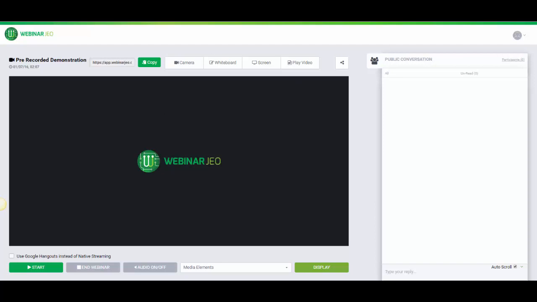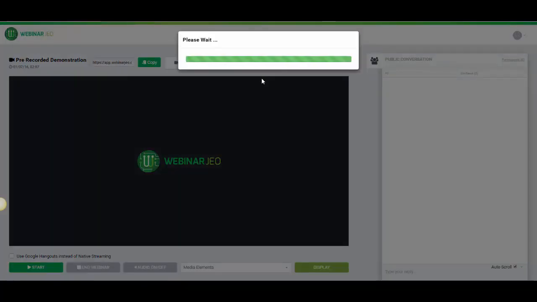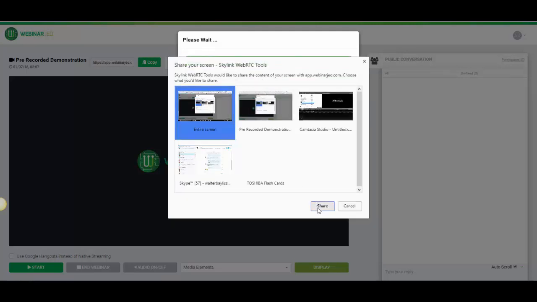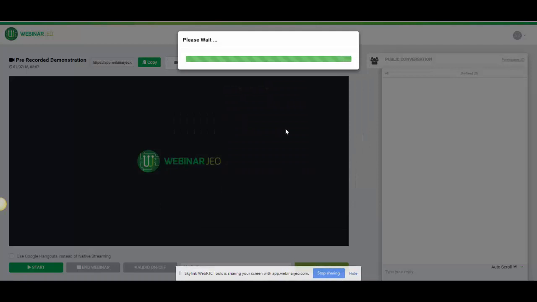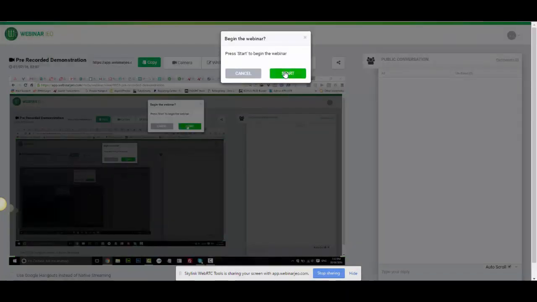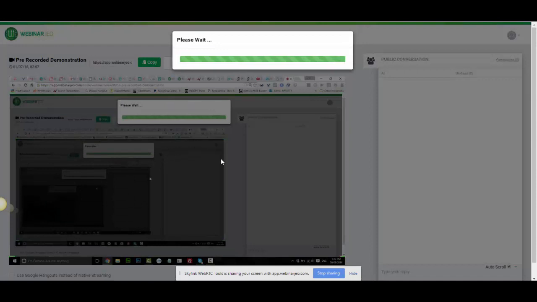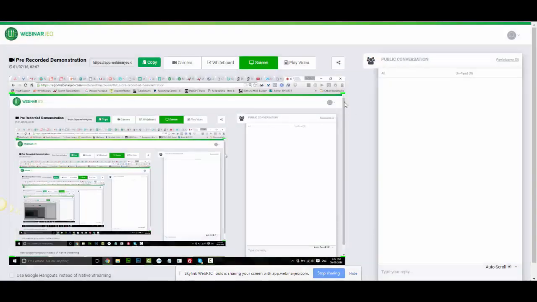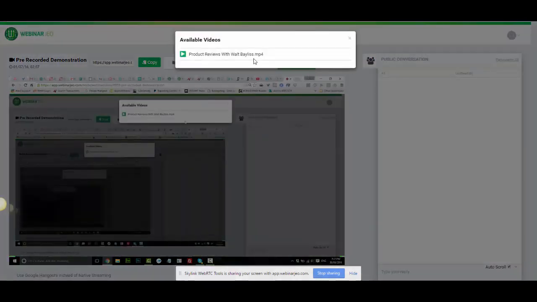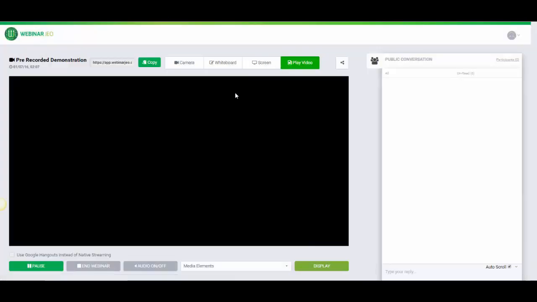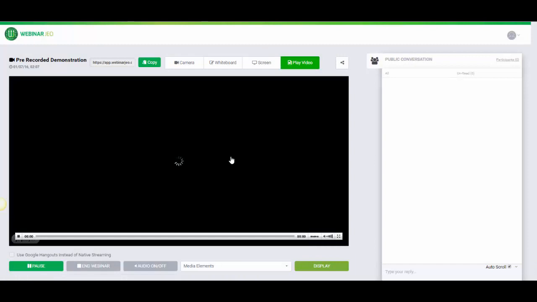So you might do an initial introduction, then you might switch over, you might start on a screen share and switch over. So you can do any method of those. So for this, I'm going to perhaps start on a screen share and then I'll switch over. So I've started to screen share, click on start. I'm demonstrating, maybe I'm going through a PowerPoint, I'm using my screen share, and then I switch over to play the video. It asks me which one, and then it will literally just start playing that video